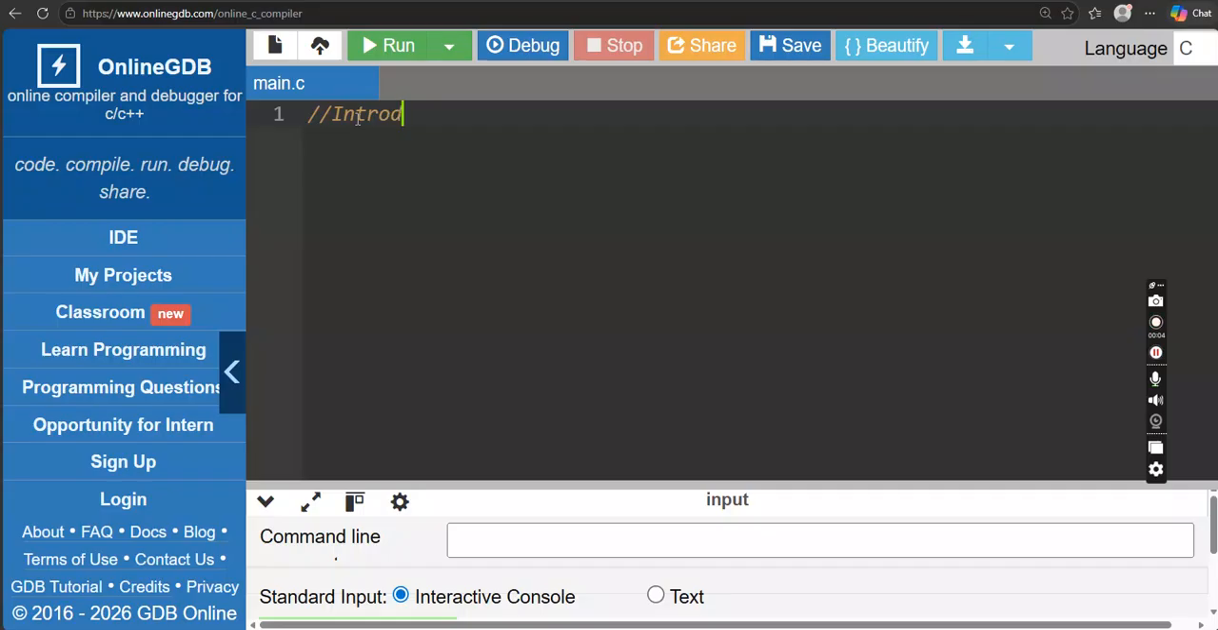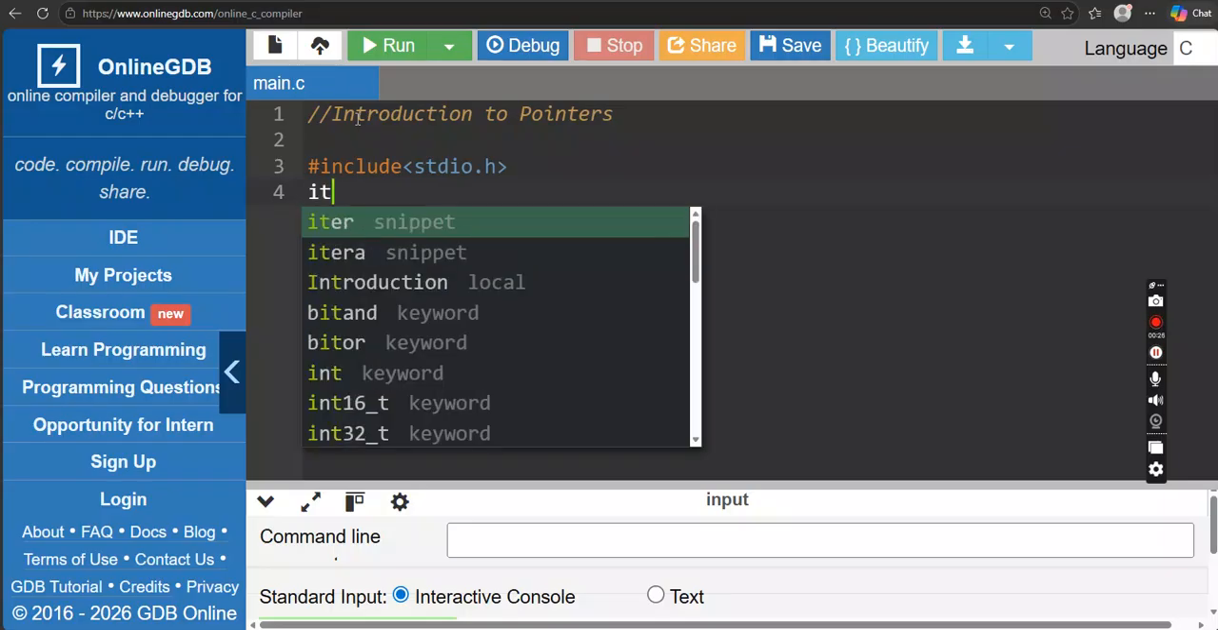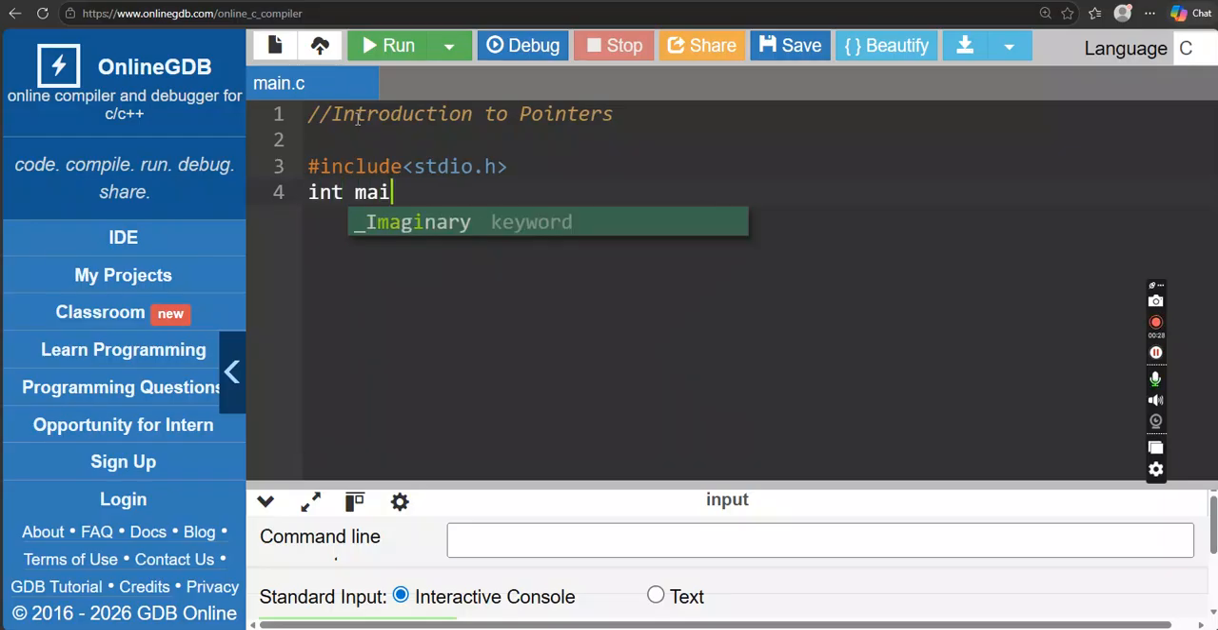Introduction to pointers. This is one of the most powerful concepts in C programming language. So let us start with a simple example and let us get familiar with the various operators. #include <stdio.h>, int main,